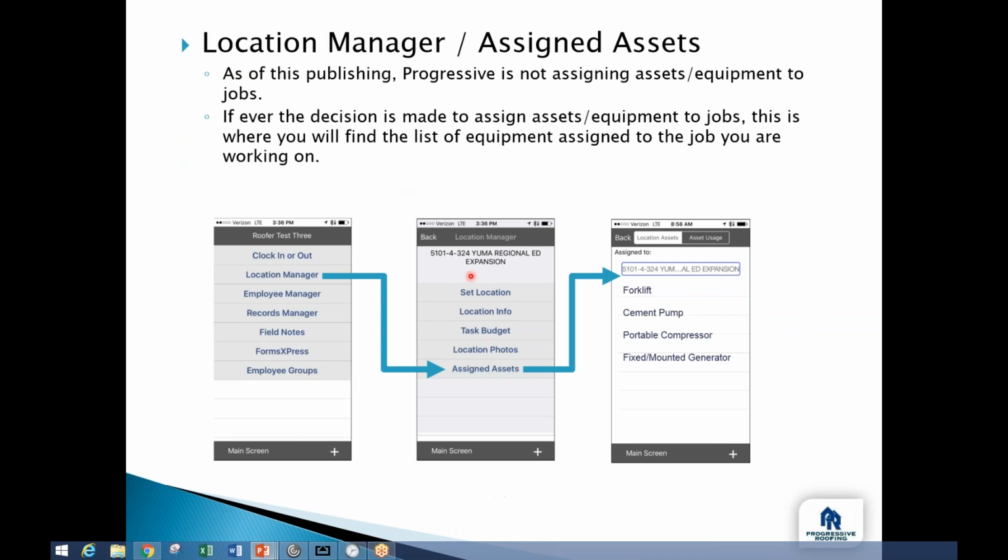Okay, so this is where we were on your device. So the last line item in here is assigned assets. Now, we do not currently use assigned assets here at Progressive, so we won't talk about it in detail. But as you can see in the example up here, up on the top of my location manager is the job I'm working on. And when I press Asset Manager or Assigned Assets, it pops me to the next window. And this is the job I'm working on, and it'll give me a list of equipment that's delivered out to the job site. This is something that will be coming within the next 6 to 8 months, or I should say middle